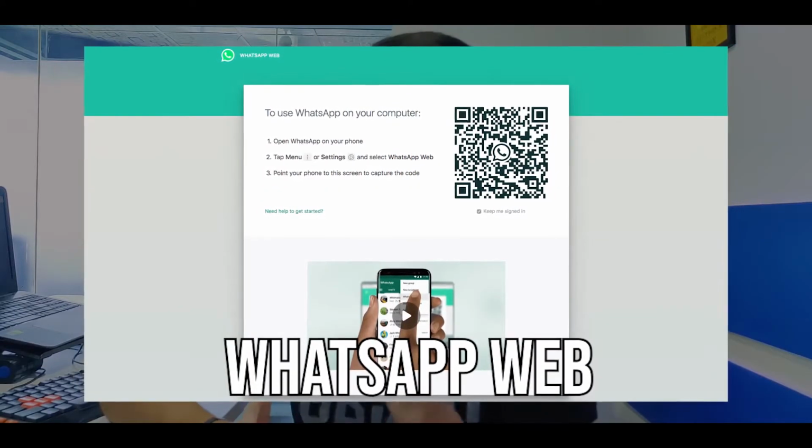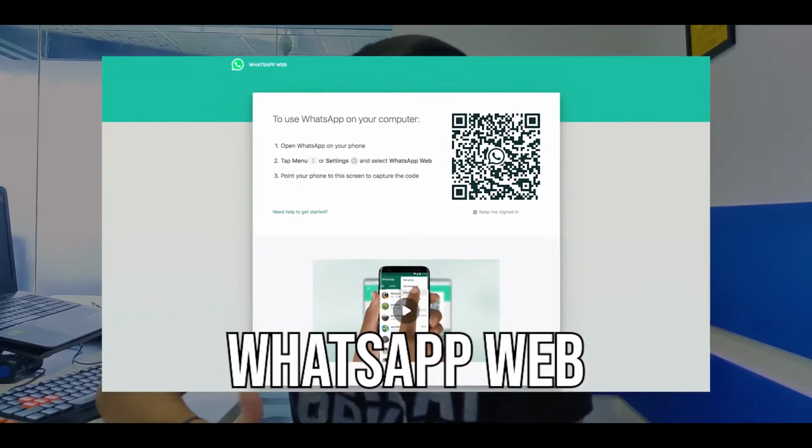But if you want to use just the basic apps, then PC versions already exist for them. For example, WhatsApp. WhatsApp actually has the WhatsApp web feature. If you did not know about this, then now you know. It's very simple to use. Just check it out on Google. You will know exactly how to do it. So if you just want to use WhatsApp on your PC, don't install any emulators or something. I know this is pretty straightforward, but still a lot of people don't know about this.